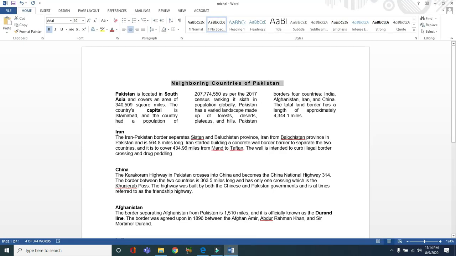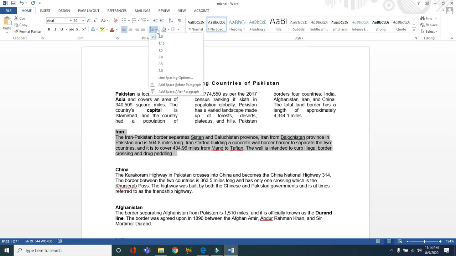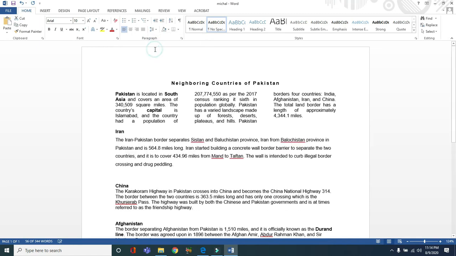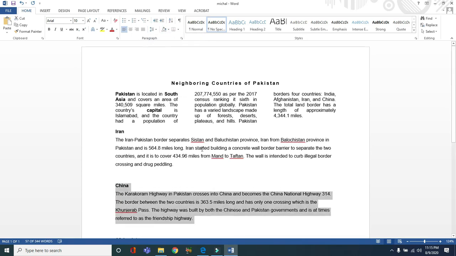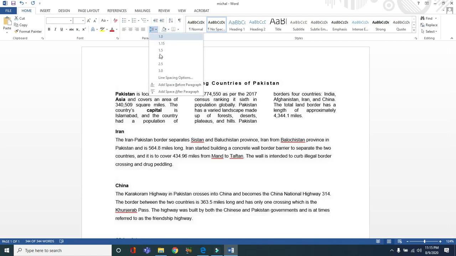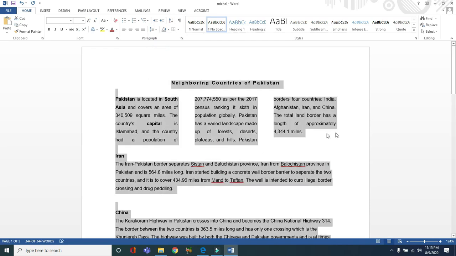So what we have to do, we have to select the first paragraph and we can give the line space by clicking 1.5 here, or we can select all the paragraphs and give the line spacing 1.5. We will select it one by one, or we can do it by selecting all and we will give 1.5 line spacing.